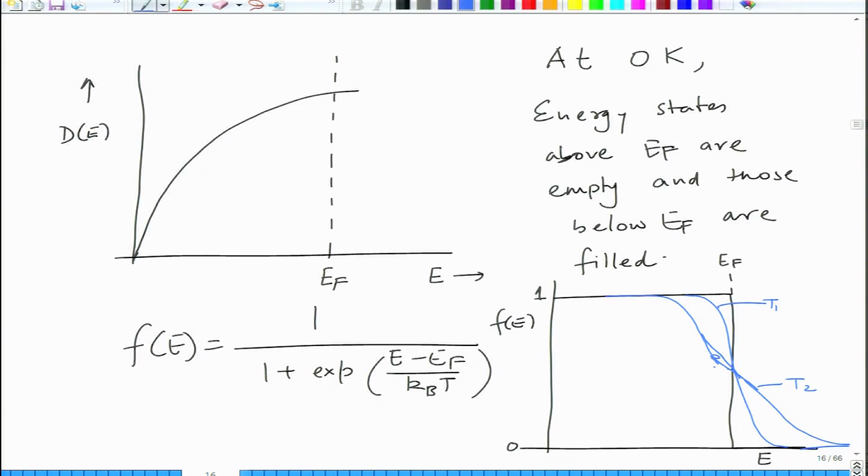Basically, as you provide some thermal energy to the system, the electrons below Ef get enough energy. This is the band in which they get thermal energy, this is the band in which they move around. Of course, if you want to excite from energy levels which are far below Ef, you will have to provide a lot more thermal energy. For conduction, an electron needs to be able to move into energy states above it, which means it must have some empty energy states around it. That is the problem in the semiconductor.